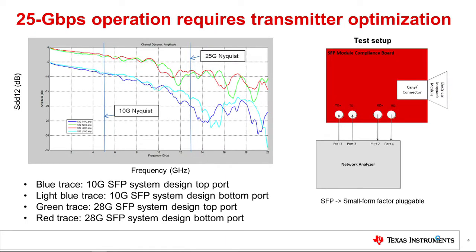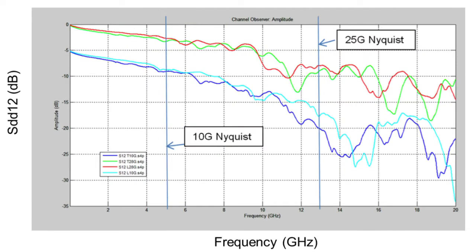Now let's focus on 3 signal impairments due to the transmission media and examine how our transmitter optimization helps. The first impairment we'll cover is insertion loss. Insertion loss corresponds to higher signal attenuation observed on higher frequency components of a signal relative to the lower frequency components. The graph on the left tracks insertion loss over frequency.